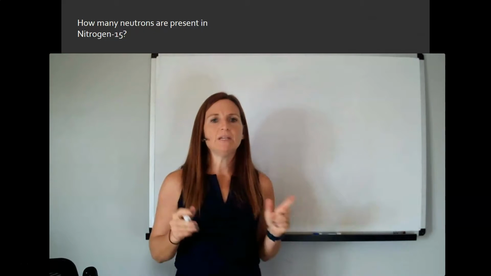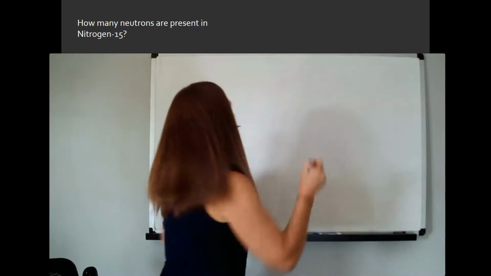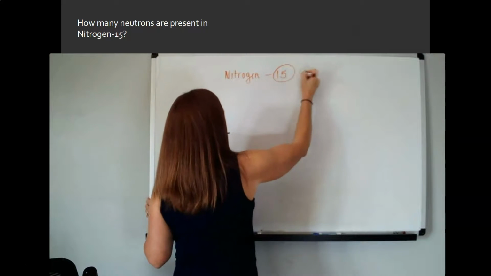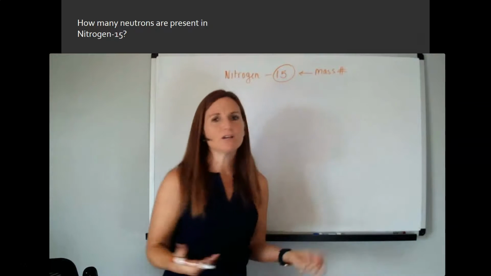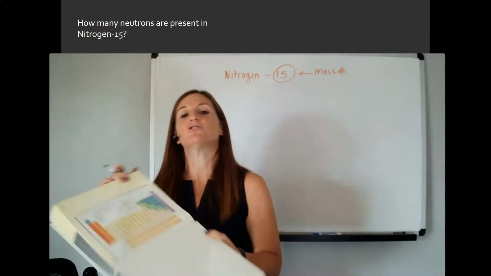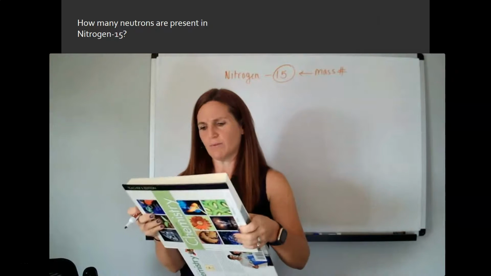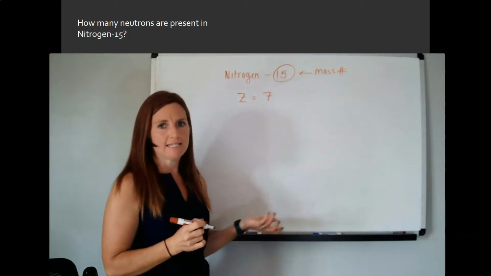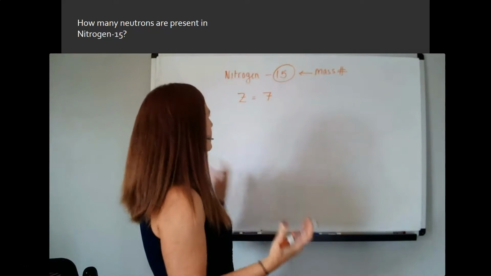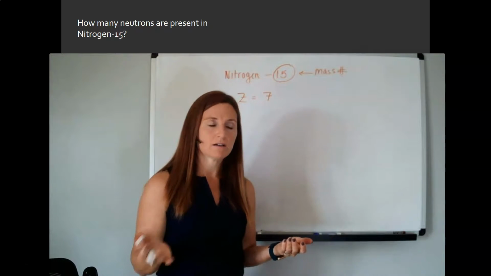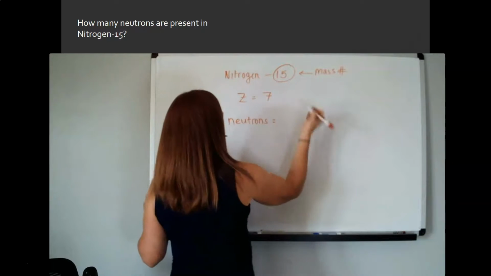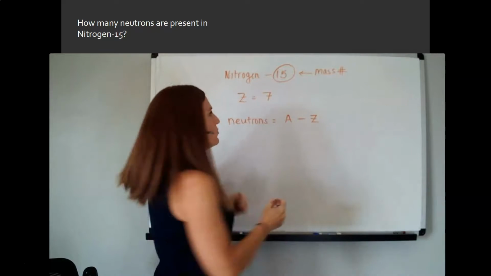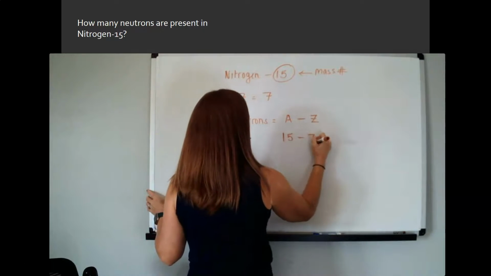The first one says, how many neutrons are present in nitrogen 15? When something is written like this, 15 is the mass number. And you can know that, again, because the atomic number for nitrogen is on the periodic table. If I come onto the periodic table, I see that the atomic number for nitrogen is 7. Okay, Z for nitrogen is 7. So if I want to know how many neutrons there are, remember that neutrons equals the mass number minus the atomic number. So I would do 15 minus 7, 8